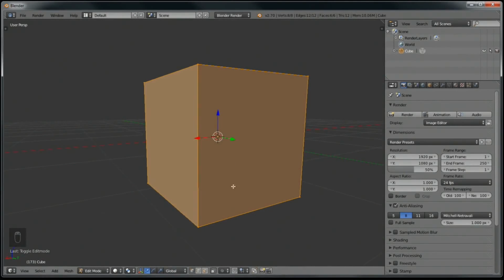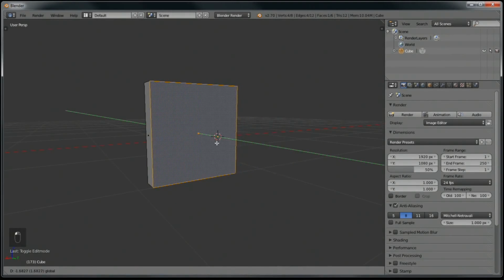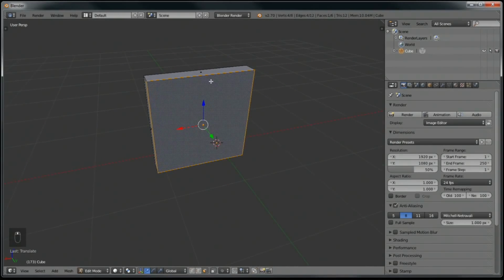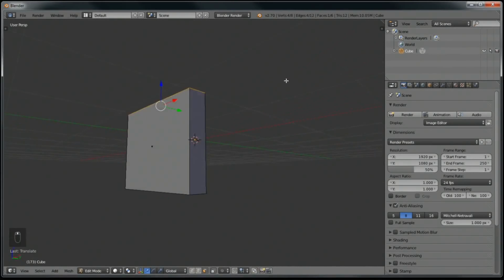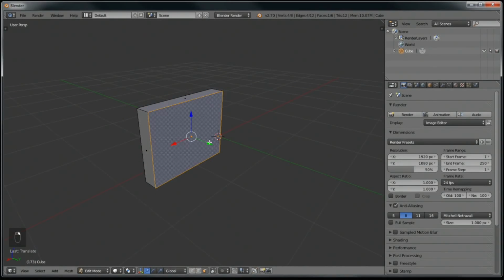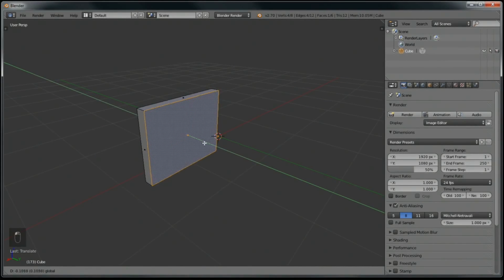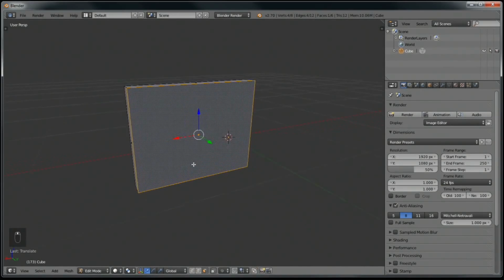And let's see, what should we do? Well, first of all, I'm going to flatten this thing out. And our computer monitor isn't necessarily going to be perfectly square, so let's drag that down a little bit as well. And that might be a little bit thick. I'm going to drag it in there like that,